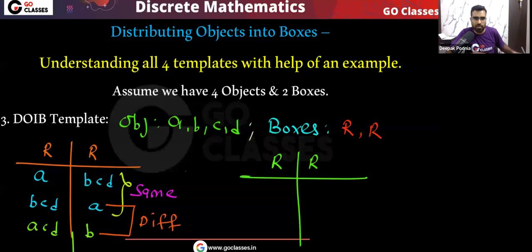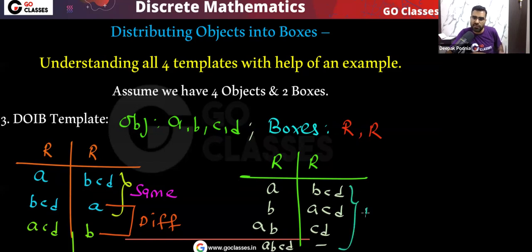So remember, you have two same rooms. Now here, what are different, what are same? Let's see. For example, if I put A here, B, C, D here, now remember, this case and this case, they are different. These two are different. For example, if I put AB together and CD together, or maybe if I put all of them together and none of them here, now remember, all these four cases are different. All of them are different.